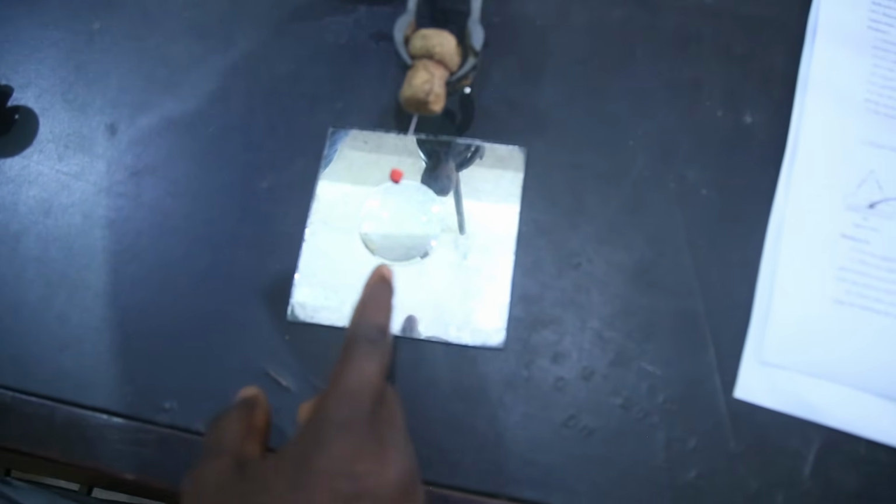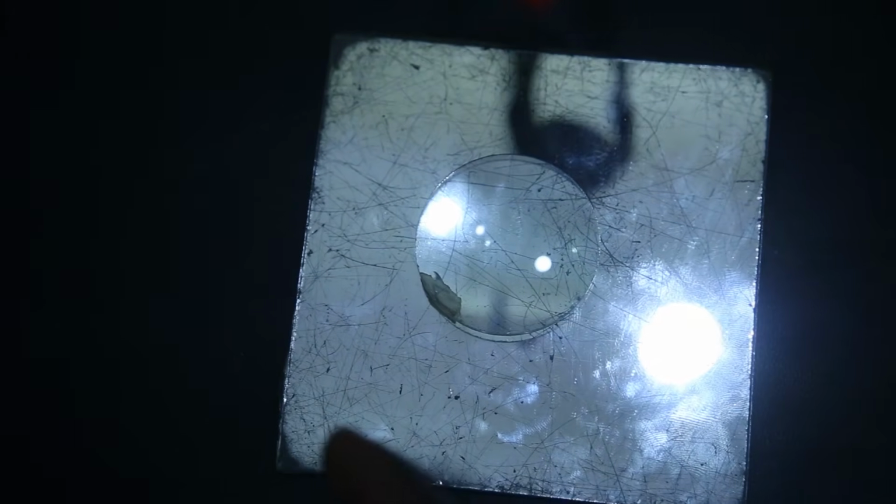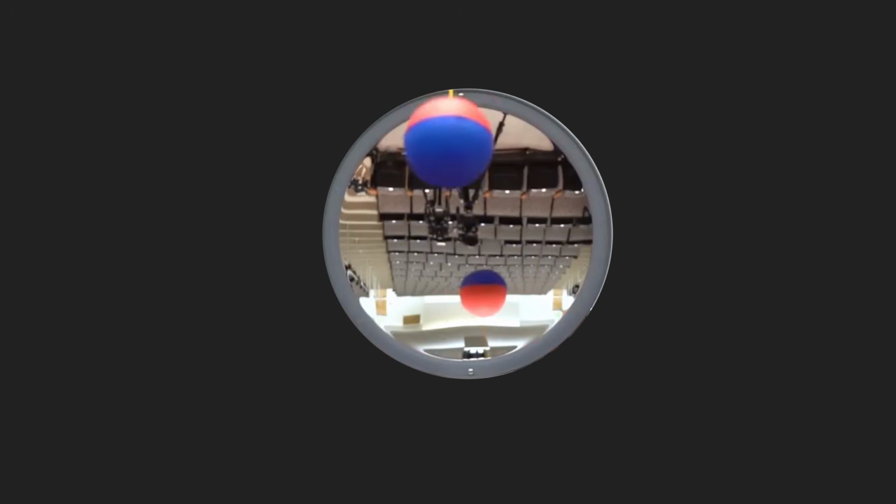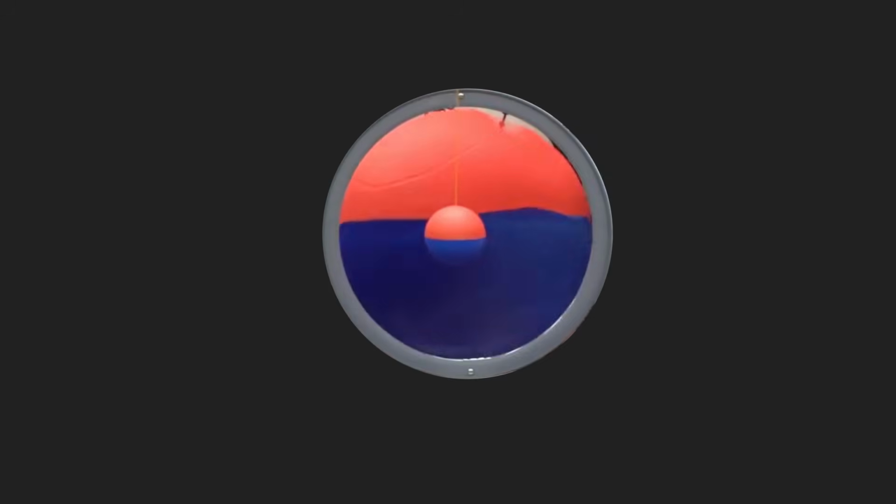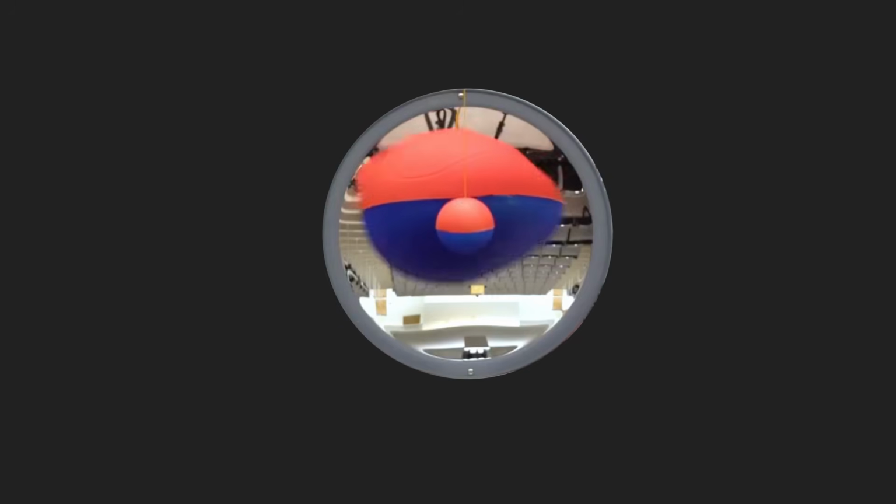By the time you look at this, you can see that it is still on the same side, but at a point exactly. So this is the point, because it is now laterally inverted. So you are to locate that same point where there will be no parallax between the object and the image. So if this is the point,